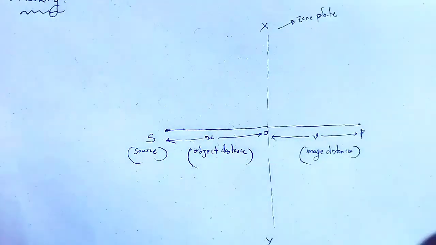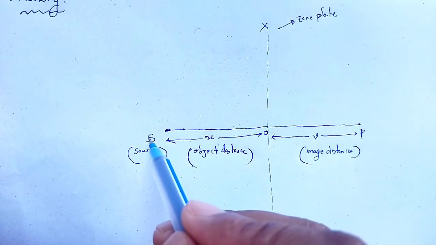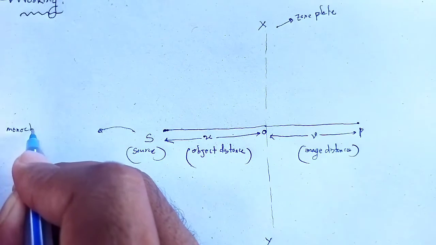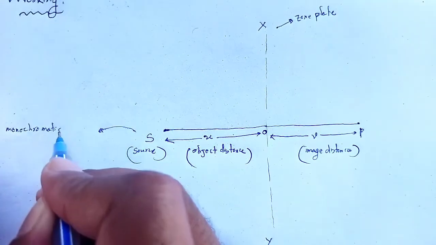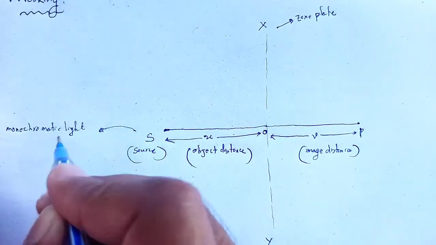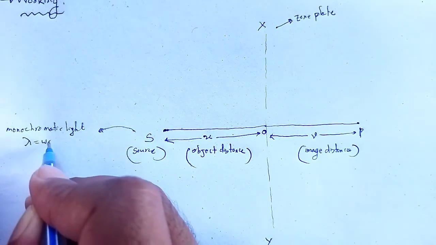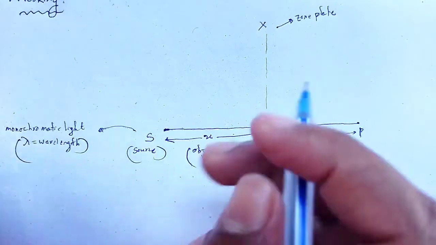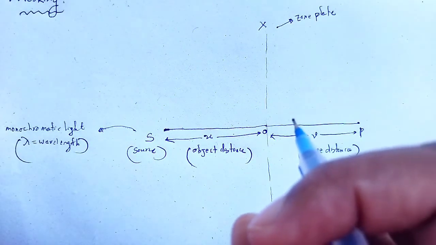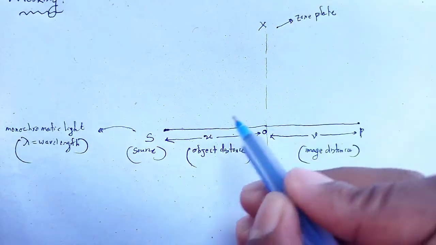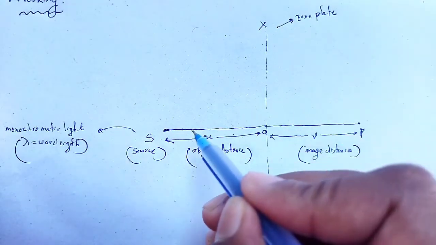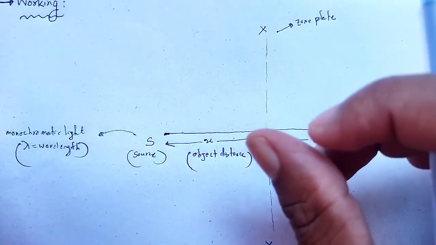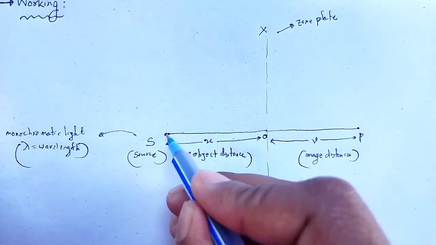From that of zone plate. The source S has a monochromatic light. Let lambda be the wavelength of that monochromatic light. So, the light rays pass through that zone plate. If we take the positive half zone plate,